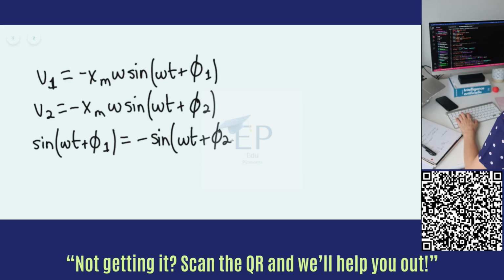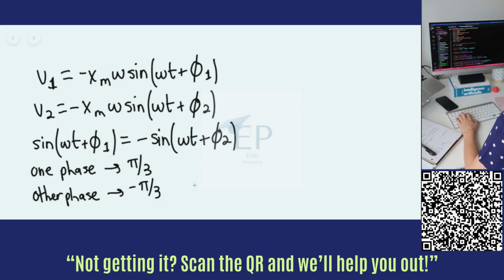So here, this leads us to conclude that the phases do have an opposite sign. So we can say one phase is pi over 3, and the other phase is equal to negative pi over 3. So essentially, we can say that the omega t term cancels if we take the phase difference. So we can see that the phase difference